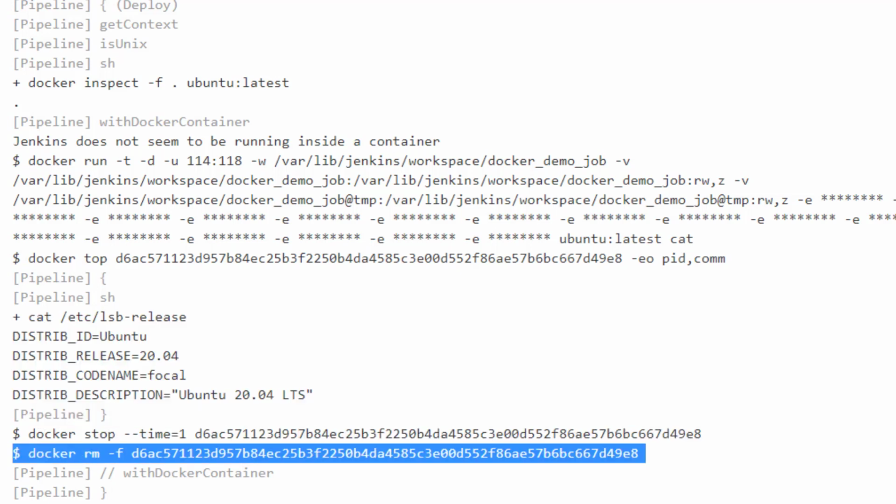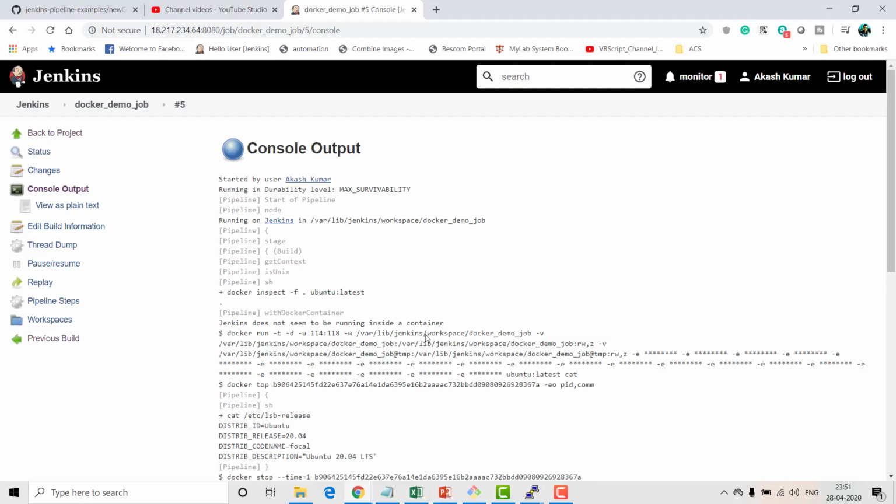So that's the beauty of having separate containers for both of your stages, so that you can create your environments based on what stage you have. For example, in real-time scenarios also, you are not using the same agent for your build, deploy, as well as your test activities. You always keep separate machines for build activity, a separate machine for deploy activity, and a separate machine for your test environments, like for your unit test, for your Selenium test, and also for the security test as well. So that's the main advantage of using the new container per stage option.